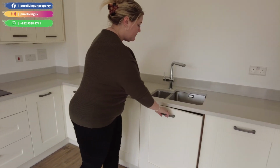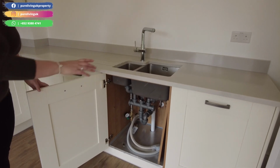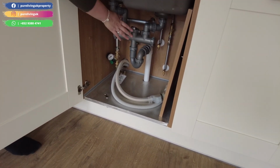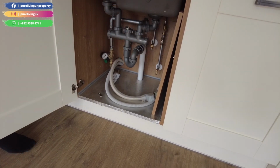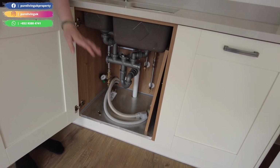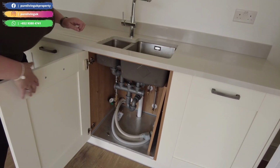So under the kitchen sink here, we obviously haven't installed the shelf because of the appliances, because of this here, but we will provide that still, so if they did want to cut around it or make a shelf in some way, they can. But under here you've got 2 taps, so this one here,